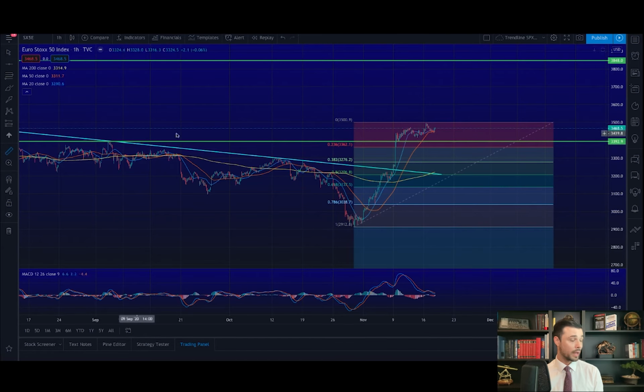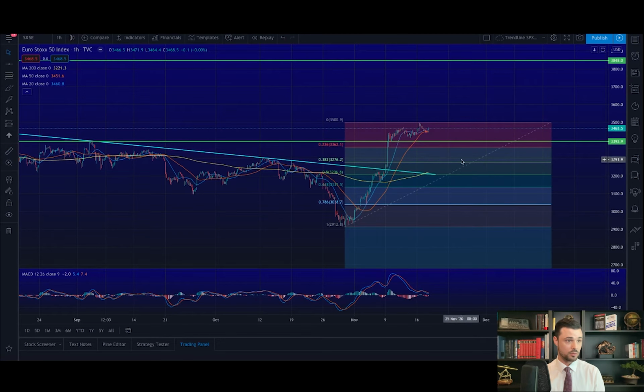1.5%. I think that this market needs to get some fresh energy, some fresh liquidity, and to find this liquidity, it needs to go a bit lower. So I would say maybe a 5% move down in the coming weeks would be a very nice opportunity for us to buy. So once again, I'm bullish in the coming month, but